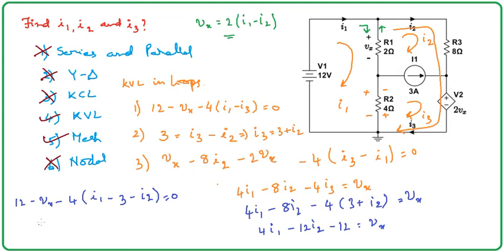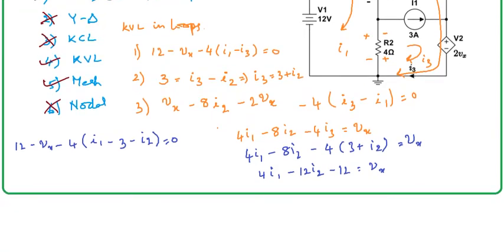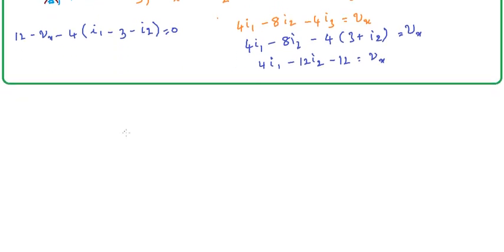So again, now I have two equations. One is with I1, I2 and Vx. Here also I1, I2 and Vx. We know that Vx is in terms of I1, I2. So obviously I have two equations with two unknowns, I1 and I2 only. Okay, so let me substitute this part also and let me go ahead. So Vx is equal to 2 times of I1 minus I2. Yes, so let me write this equation.